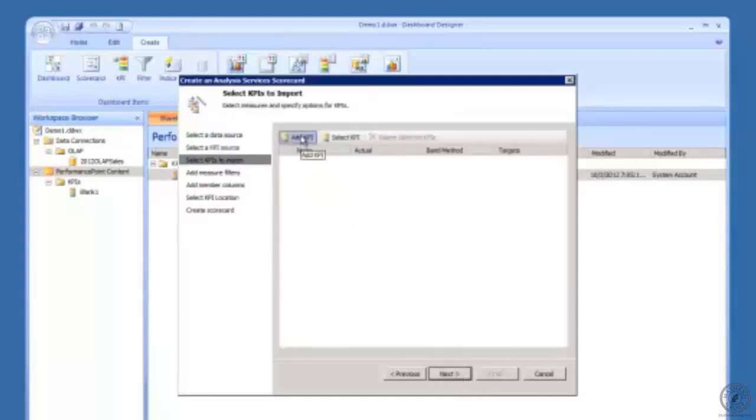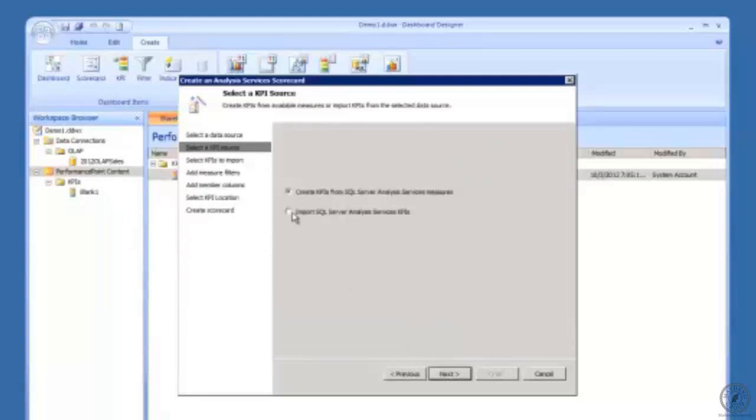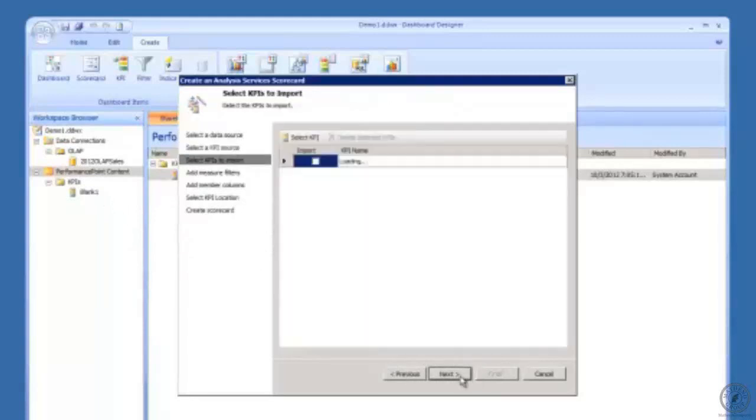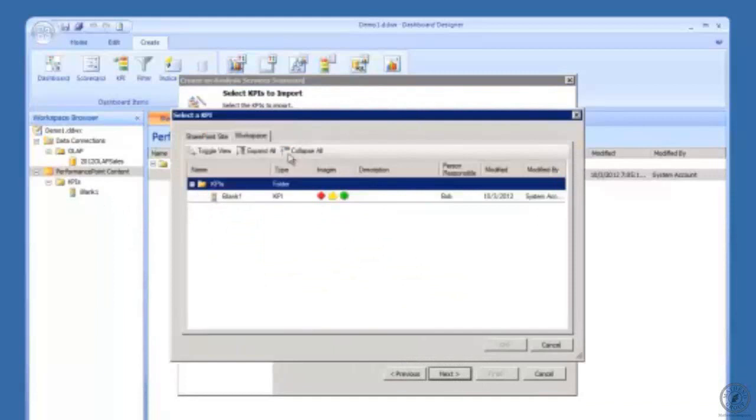Next down here like this, and if I click add up in here, what's loading, I'm going to wait for it, are the KPIs that exist underneath the cube because I created that. I went back through and I said create into Analysis Services, and I tied into this 2012 OLAP. Now I'm going to come back over and say import SQL Server KPIs, and I'll say next, and she's going to error on me here because I don't have any down there, so I'm just going to go select,